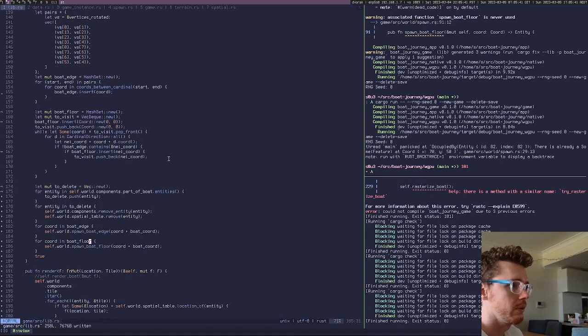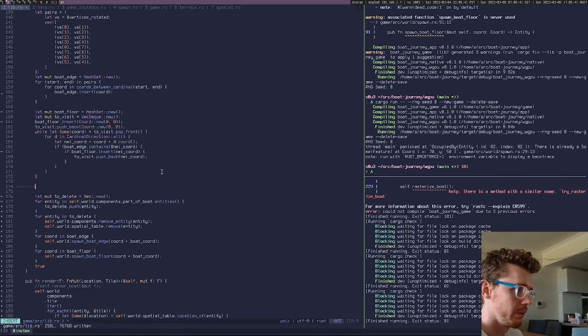Alright, so the rules for collisions for boats. If the edge of the boat overlaps with a floor, then the edge becomes the floor instead of the edge. And if the edge of the boat overlaps, right, yeah. So if the floor of the boat overlaps with the floor,